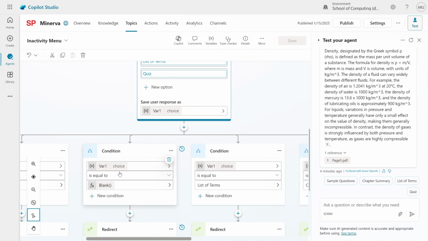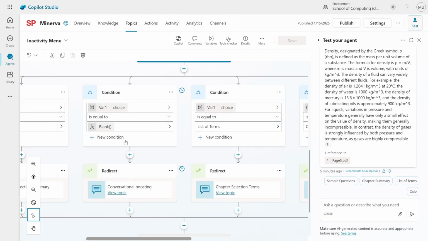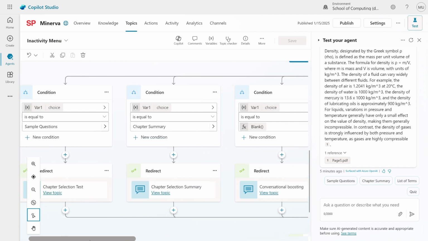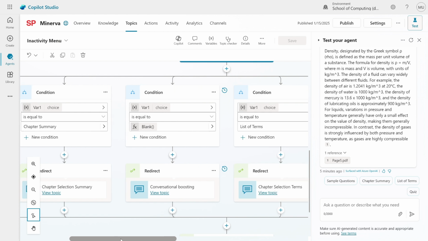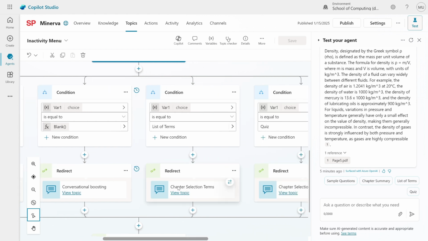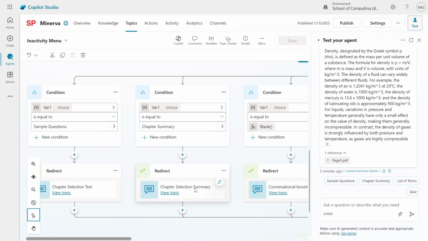So when you key in something that's not in the options, it will be redirected to conversational boosting, where you'll be answered just like any normal question. And if you click any other of the buttons here or just key in, it will redirect to whatever you chose. This is called chapter selection terms or chapter selection summary, all this, because there are multiple chapters for each